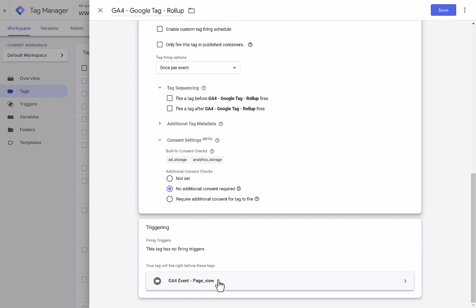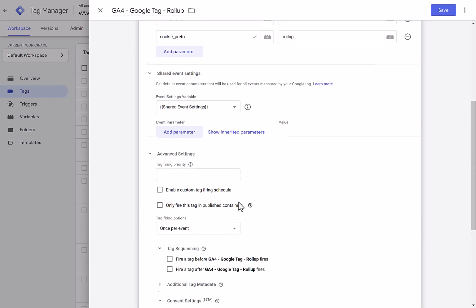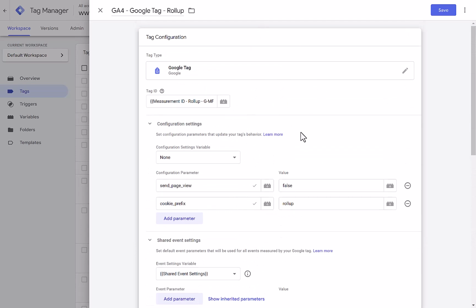So when we duplicate the page view event for the Rollup property, we will set it so that the sequence will fire the Google tag for Rollup property before the page view event for Rollup property. So we'll do that in a minute. So we'll just save this,